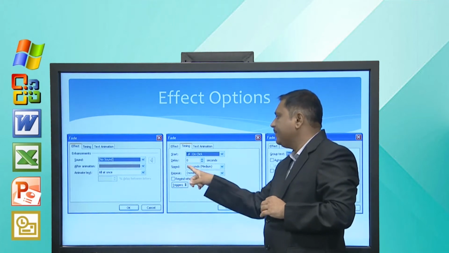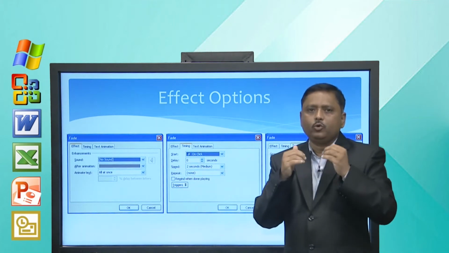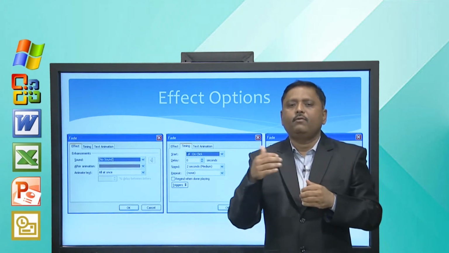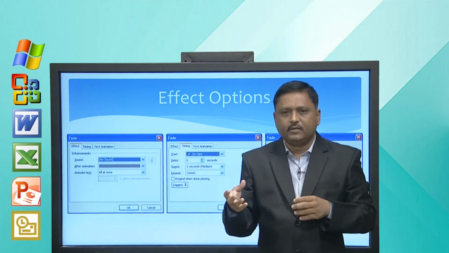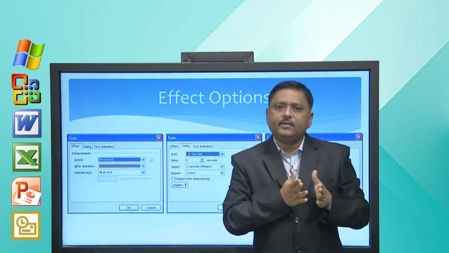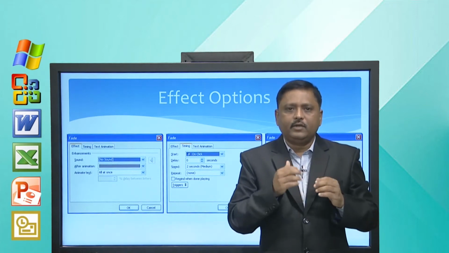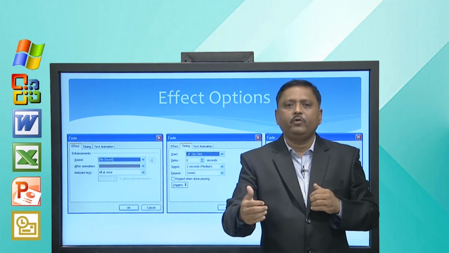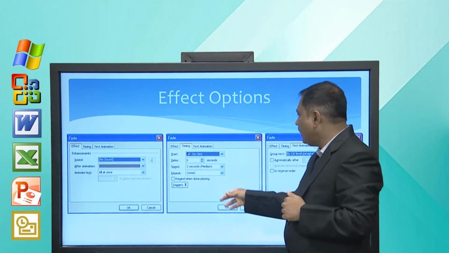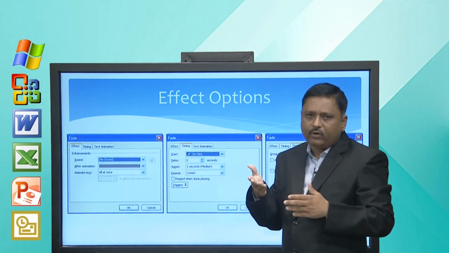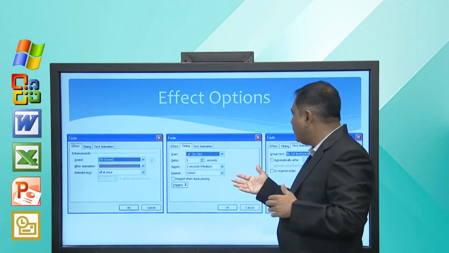Then speed. Speed may be too slow, slow, medium, fast, too fast. You can select any of these to decide the speed of your animation, which is comfortable to the user, and whether you want to repeat that animation effect or not, you can also decide.